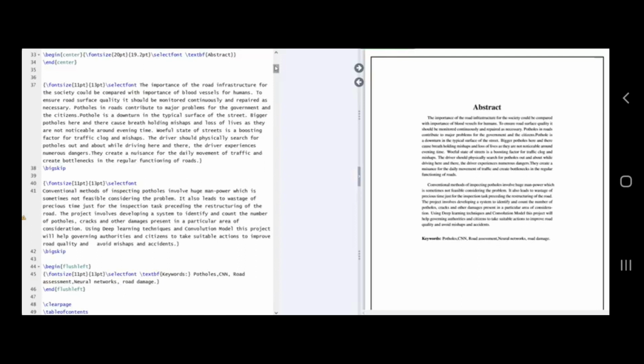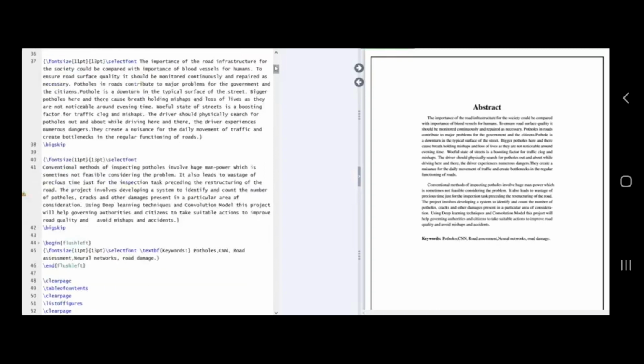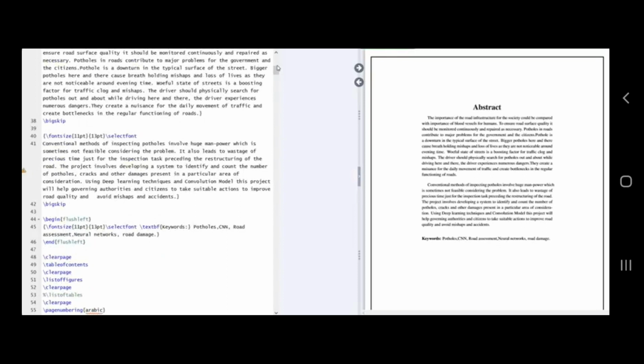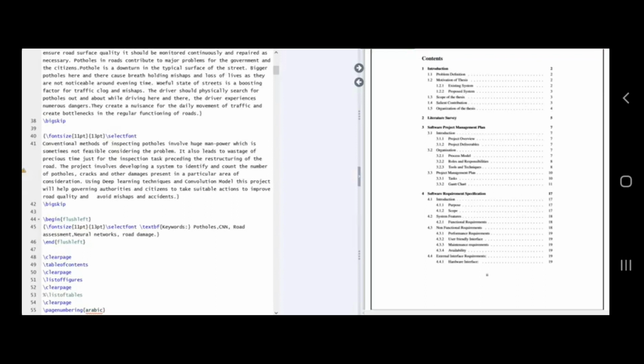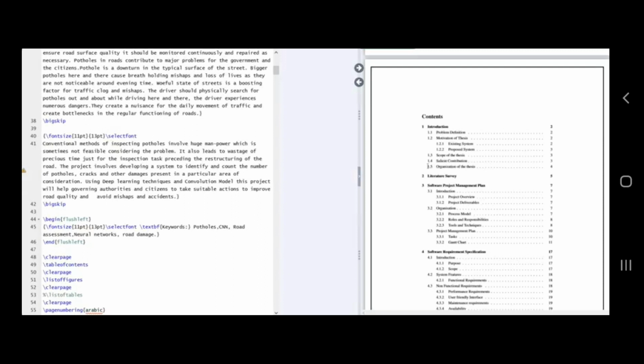In the abstract, we will be writing the abstract for our project. Whenever you want to write any paragraph, the first thing to select is a font size. We want a font size of 13 point, and as per the instructions given to you, you can use whichever font size you want. Before starting any paragraph, we specify the font size we want for that paragraph, and then that paragraph will be in the same font size. So whatever font size has been told to you by your guide or professor, you have to follow that.